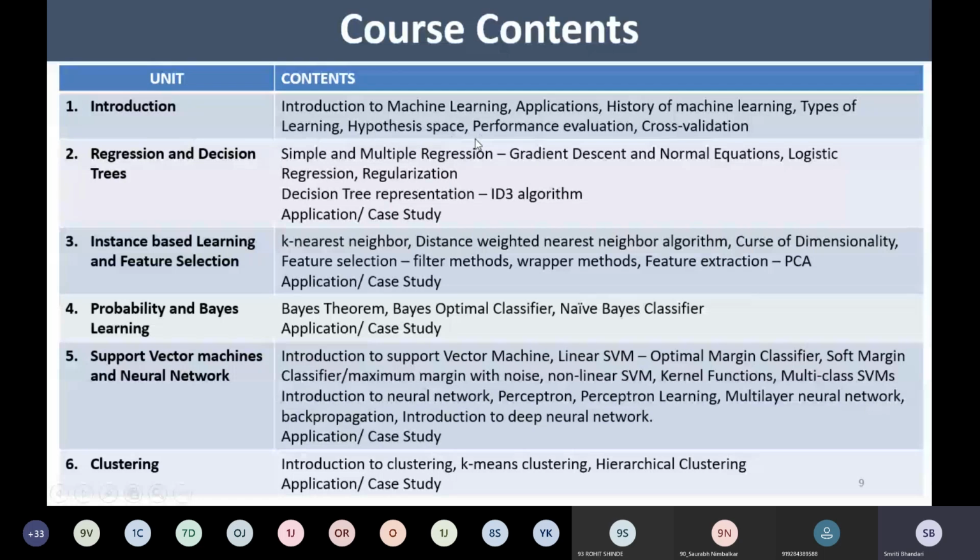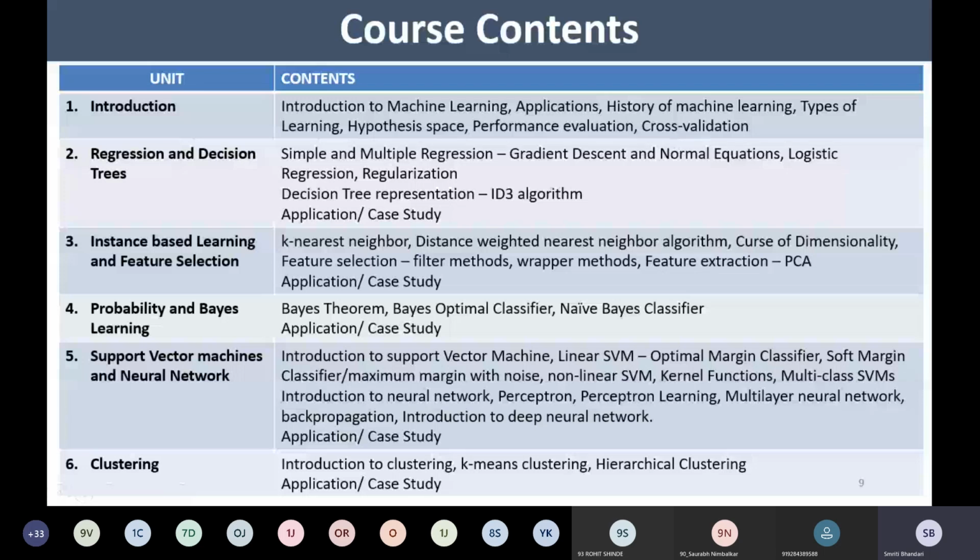Then we'll be talking about performance evaluation. If any machine learning system is built, it is really very important to find out the performance of that system. So performance evaluation must be there for any kind of system that we are developing. We'll see how to evaluate the performance of the system, and then we'll be focusing upon the concept of